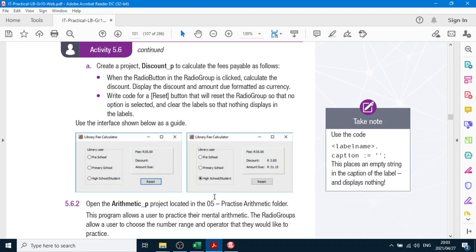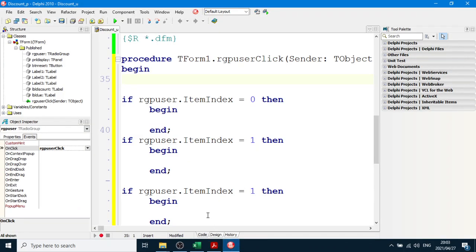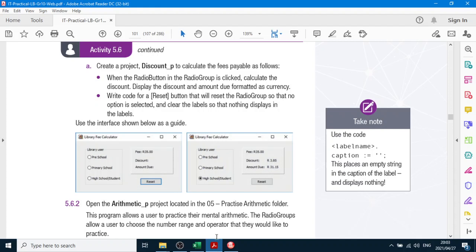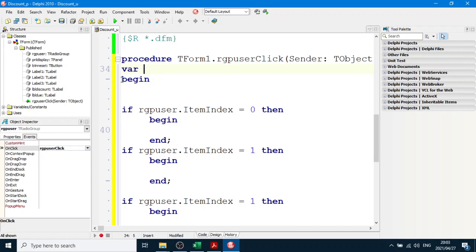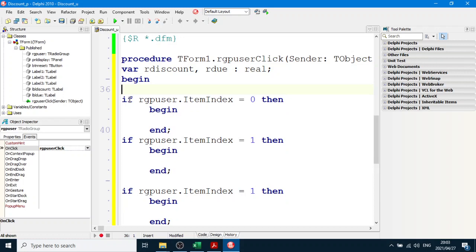But the discount is going to be made on 35, and the amount due is going to be that. And we're going to display that. So we're going to get our discount and the amount due, and they have to be formatted as currency. So we make our 2 variables, VAR, R discount, R amount, R due, colon real, because we're dealing with money,